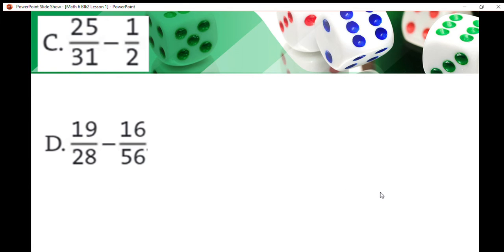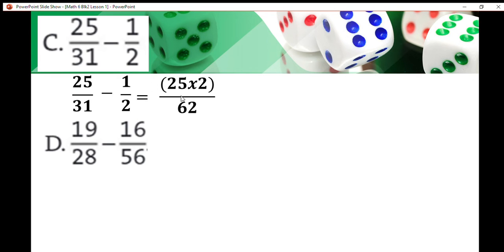So let's have letter C. We have 25 over 31 minus 1/2. As you observe in our denominators, 31 and 2 are prime numbers. When you have prime numbers, you directly multiply 31 times 2, which gives 62. So our LCD is 62. 62 divided by 31 is 2, so we will multiply it by 25. So we get 25 times 2 over 62 minus,